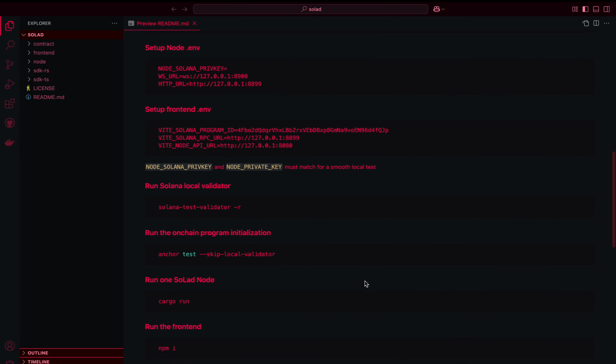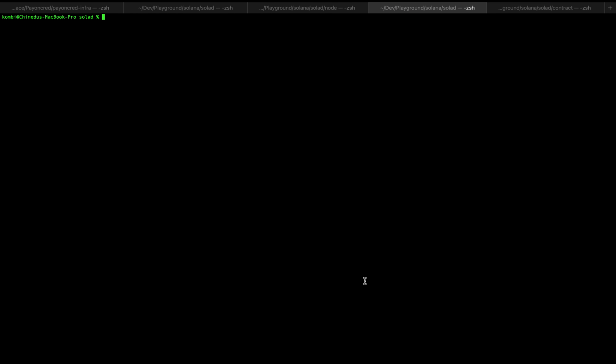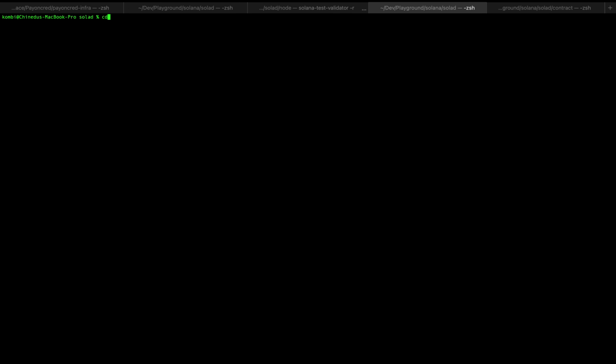So first thing to do is to run the Solana local validator, and then we'll initialize the network on chain, and then we'll run the node and then try out the front end. So let's go ahead and start up the Solana local validator. So now the Solana local validator is up and running. We can now go to test and